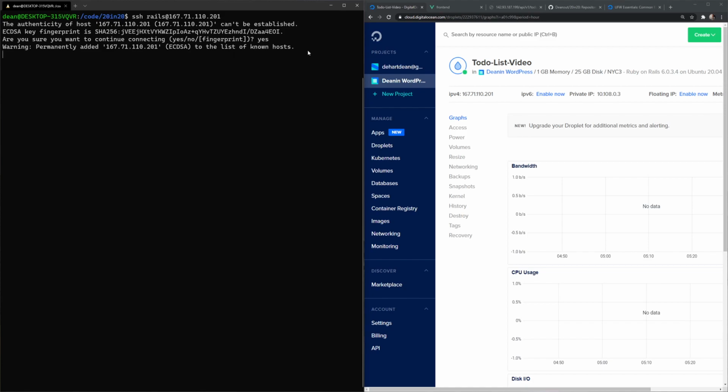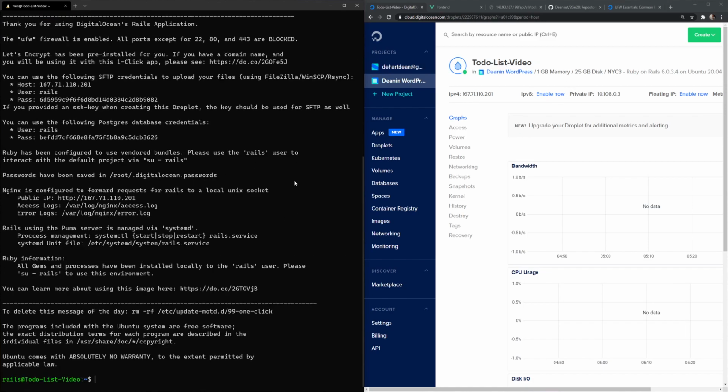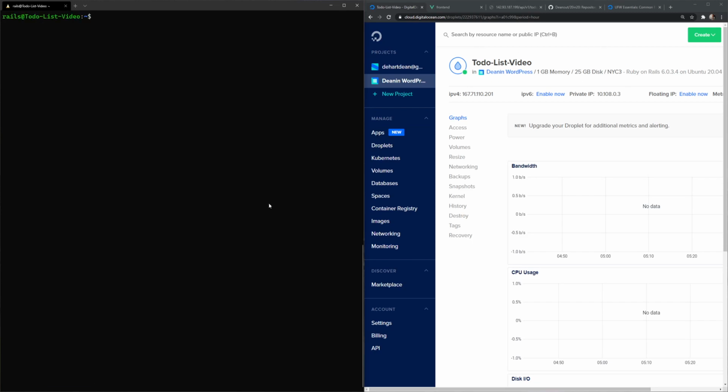And this server creates a Rails user for us. There's a whole bunch of stuff it does for us, but the basic idea is it creates a Rails user that we can use for the database. It sets up Nginx. It sets up the Rails server to run as a service, and a whole bunch of other stuff. But if we go ahead and cd into home, Rails, then we should have an example